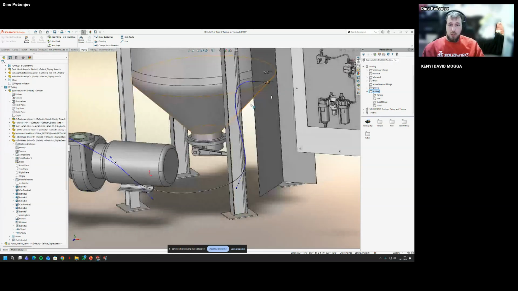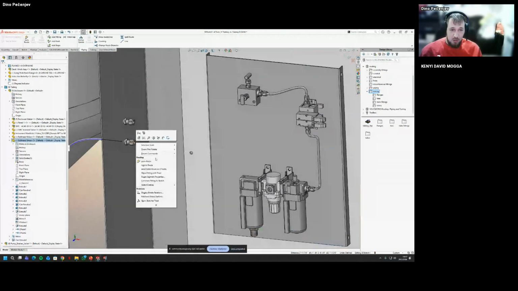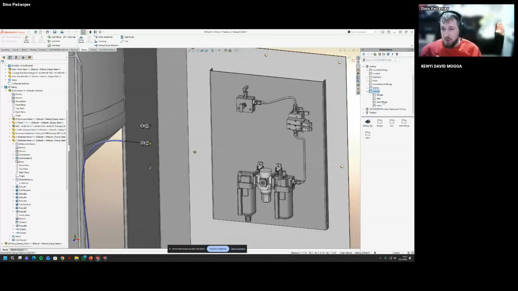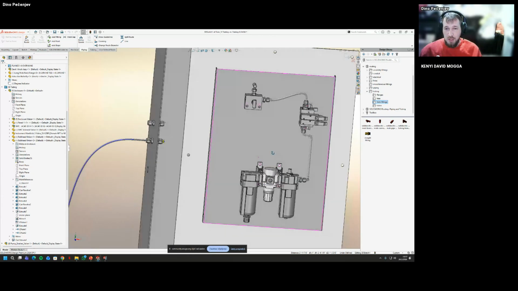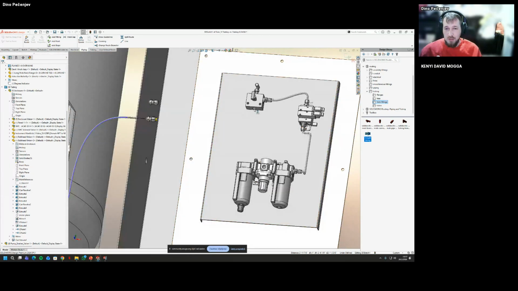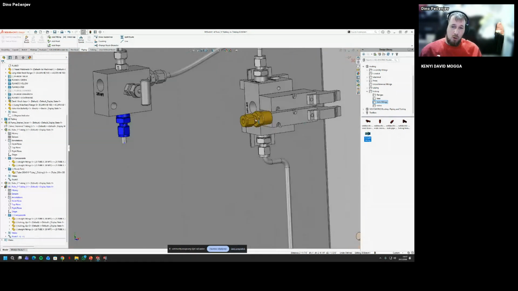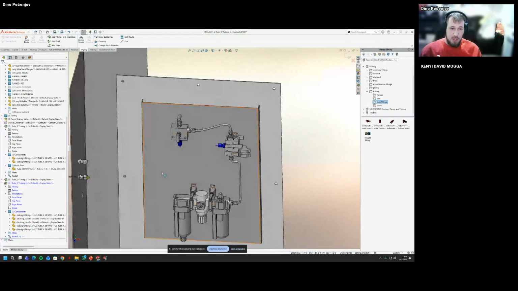And now we're going to go to the other side of the route. So we can just do the rinse and repeat. We can finish it. So tube fittings. I can use a straight fitting. So I can set it here, for example. Again, I'm placing everything with mate references, but you can also edit the locations per your requirements later.